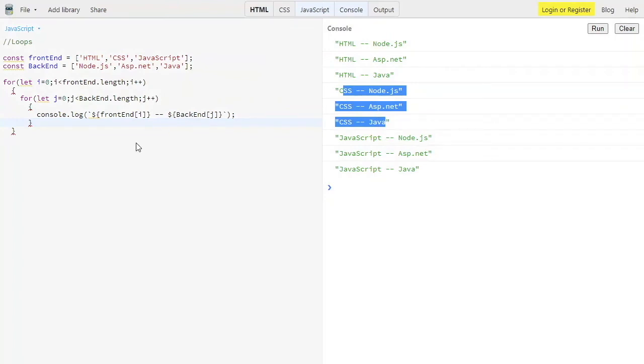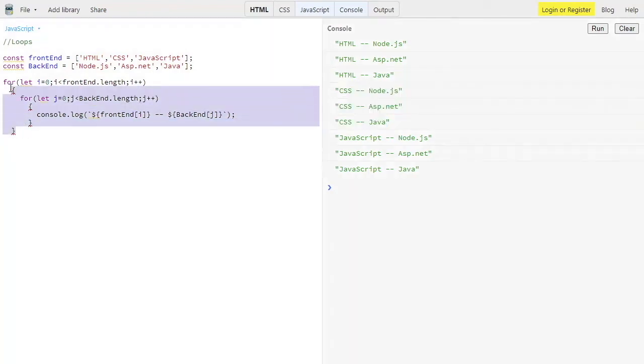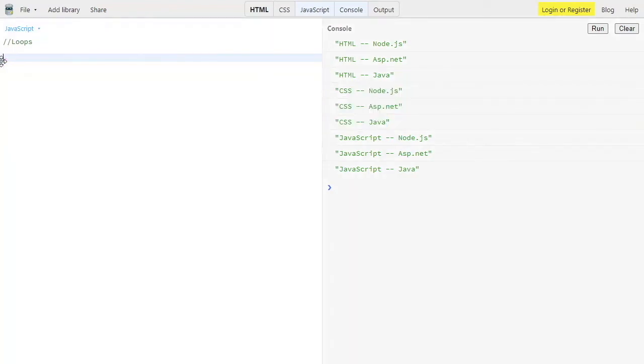And then we have another loop, which is the while loop. The while loop is a very basic conditional loop. You can also use it in daily case scenarios, so let me show you with a very good example.